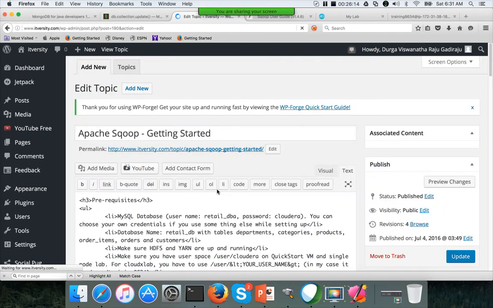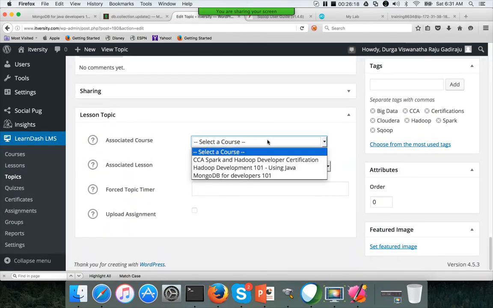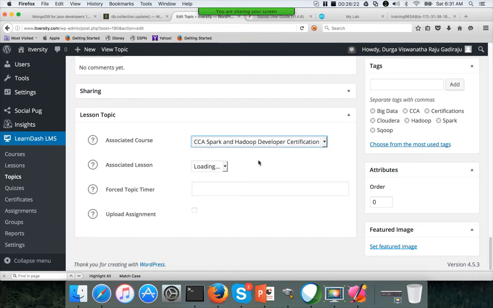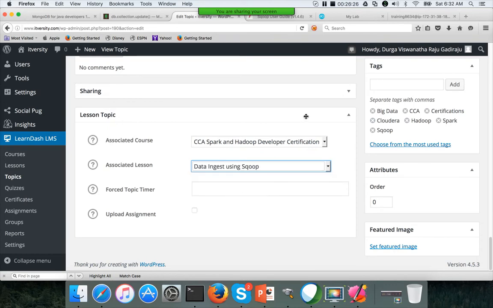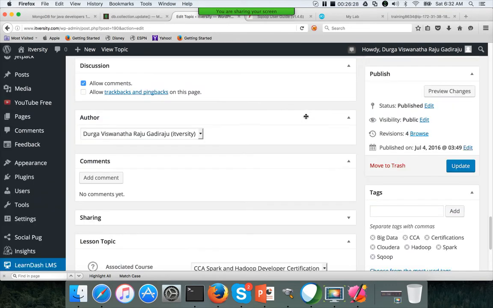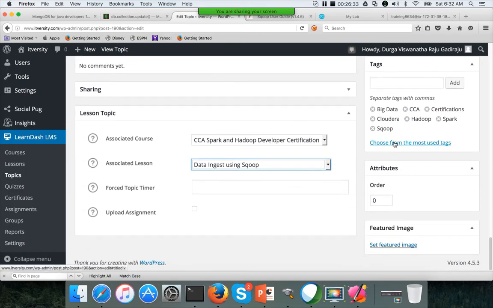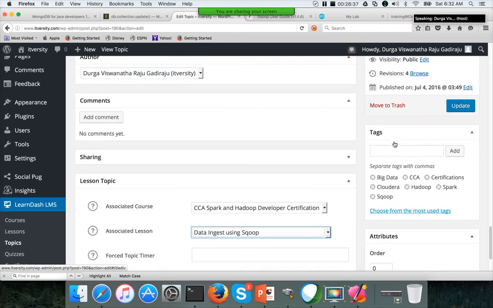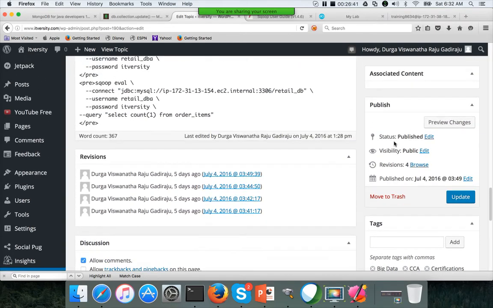Yeah, this is the one. That's why it is not showing up. Select a course. Okay, tags. Where are the categories? It should show categories also. That's fine.